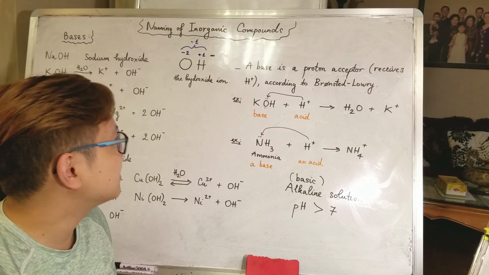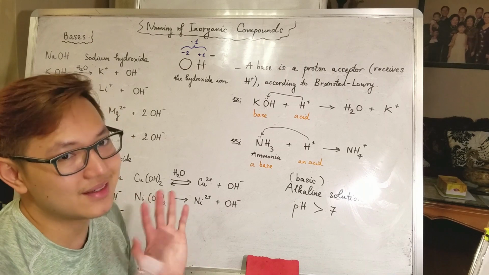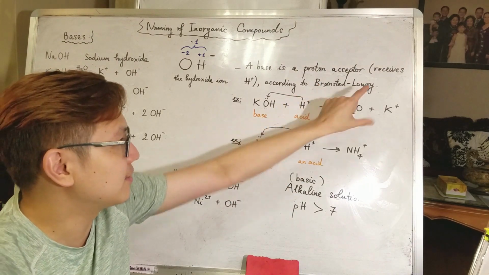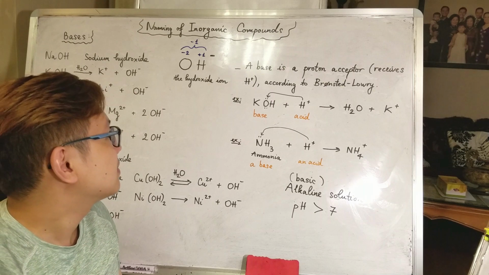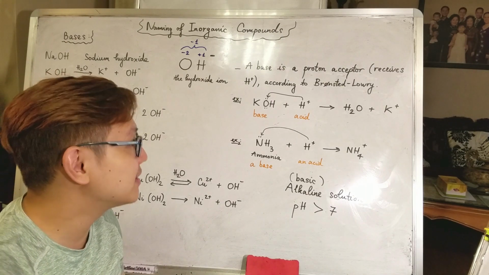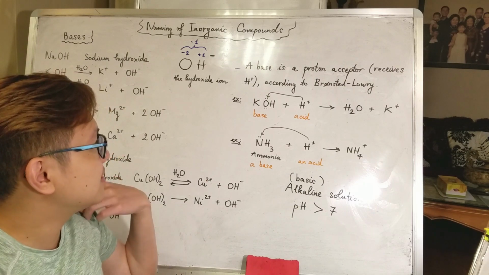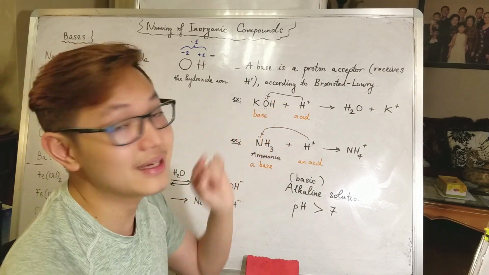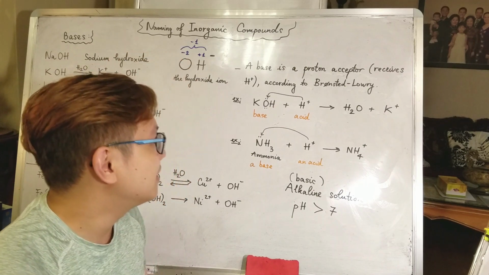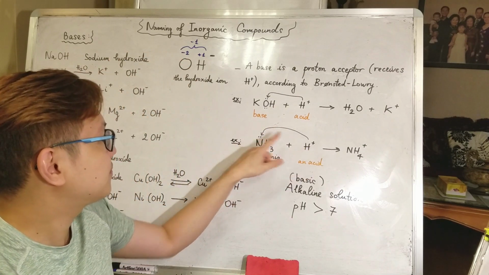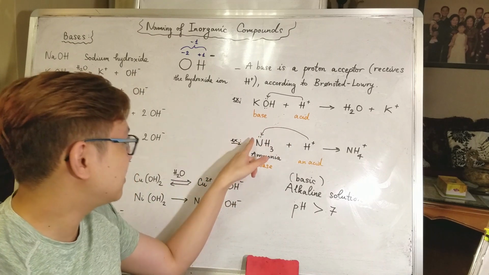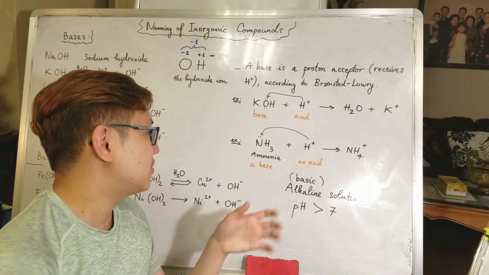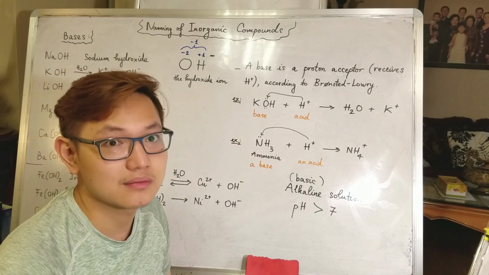So now what happens here is that we have a new theory. It's not new, I know, but it's a newer theory compared to the last one, which is called Brønsted-Lowry theory. These two people came up with a theory that basically an acid is the proton giver, or they donate protons. In this case, proton is a H+. And a base is a proton acceptor. So as long as you have a lone pair of electrons, if you have extra places for the H+ to go in there, or if you can accept the H+, you are a base. Okay,